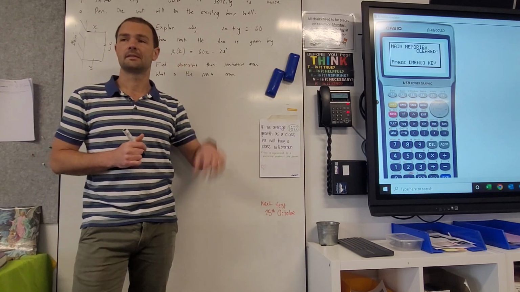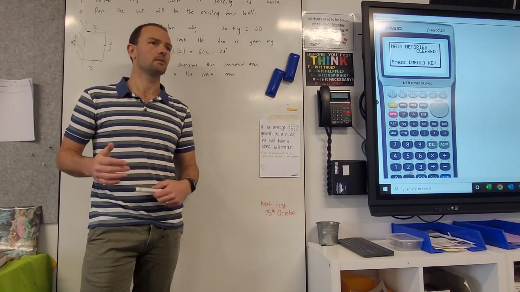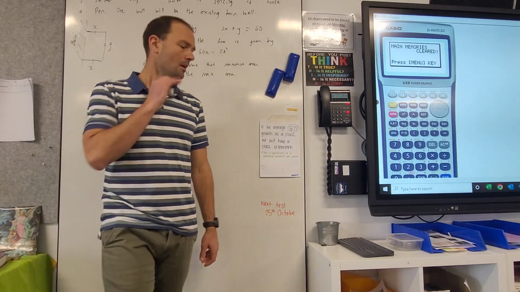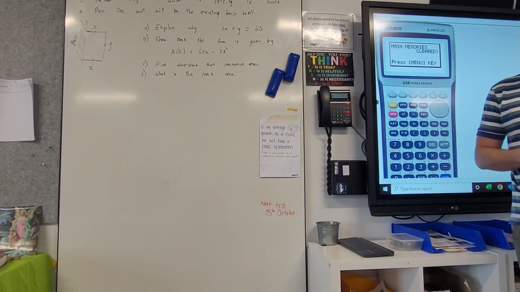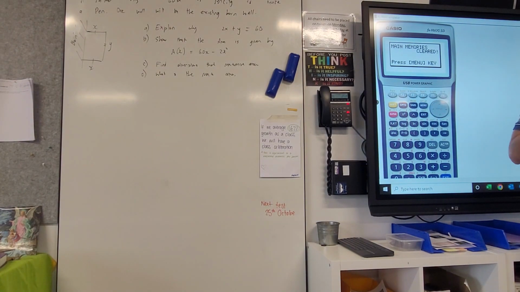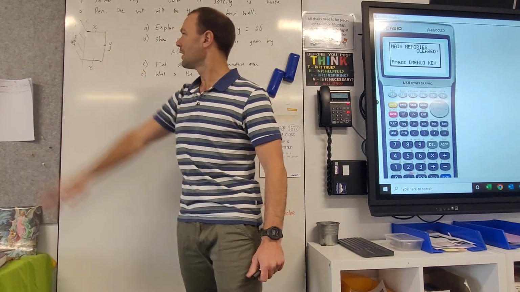So I'll go through about 5 or 6 up here, and one of those will be similar to the one in the text. Okay? So here we go. We've got a farmer has 60 metres of fencing to make a pen. One wall will be the existing barn. So there's the barn on the farm. And